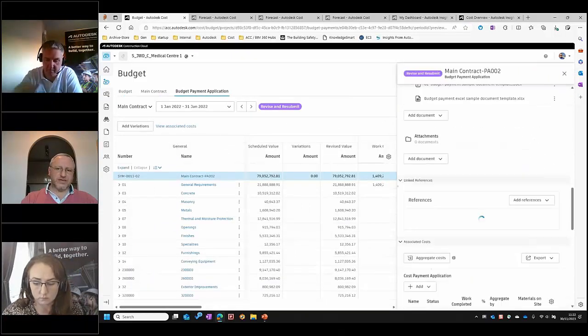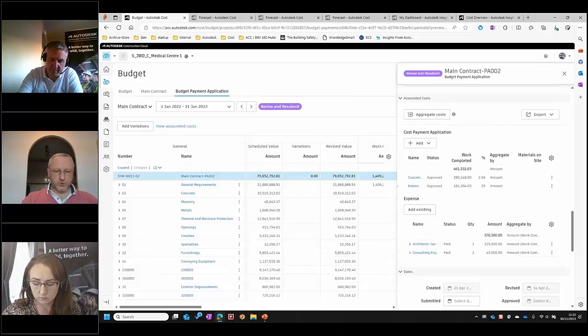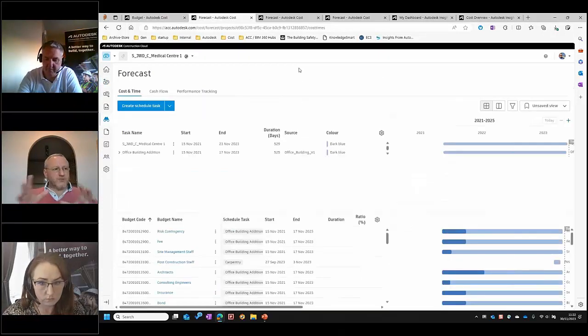These are all associated to payment applications that have been made to us, so we build all of that in. And we do the same on the cost side. So the budget, obviously money coming in, costs, money going out. All of that is really good and it's really powerful, but